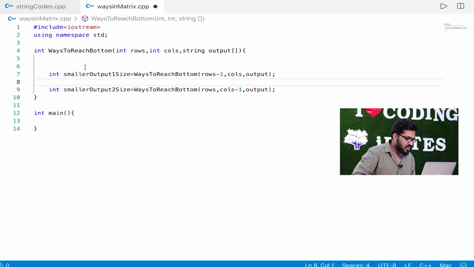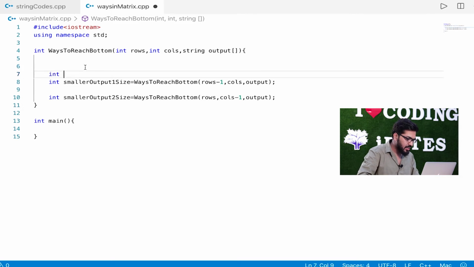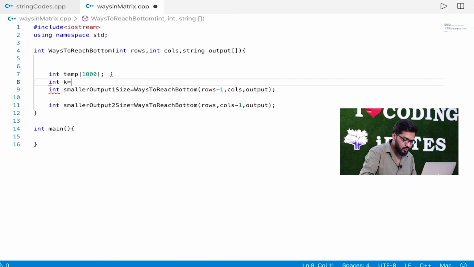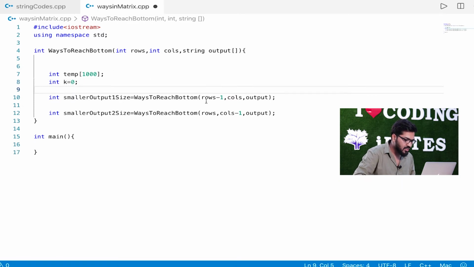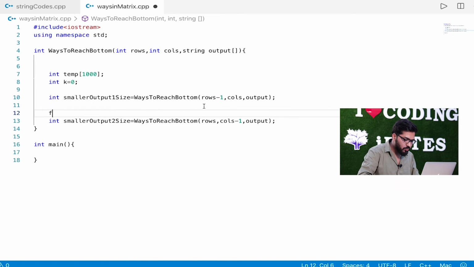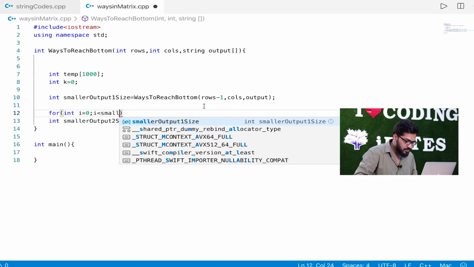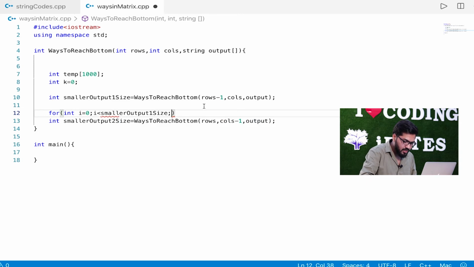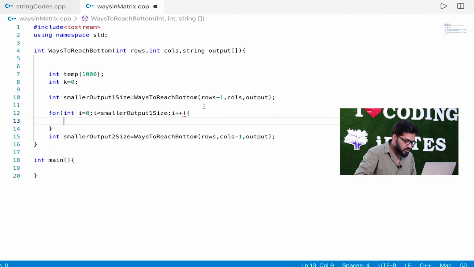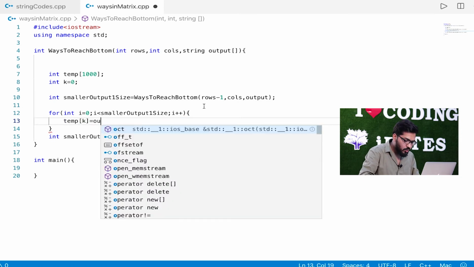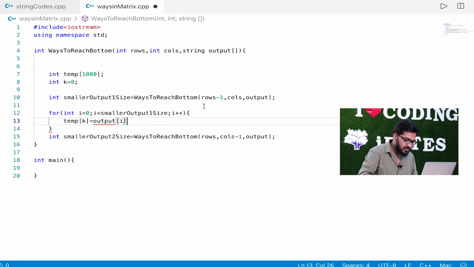One more thing I should do is create a temp array, let's say of 1000 size. Okay, then also int k is equal to 0, right? So just to keep track. Then I'll apply a loop for int i is equal to 0, i less than smaller output 1 size, i plus plus, and I'm just going to put temp k is equal to output i plus v, right?